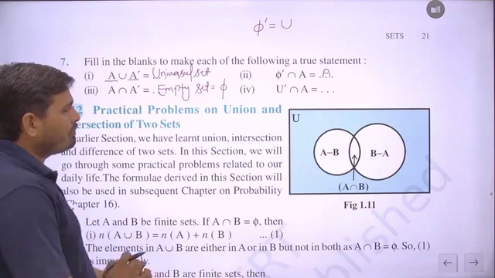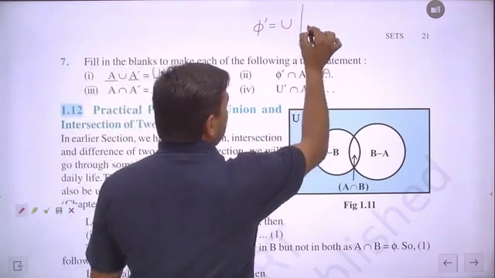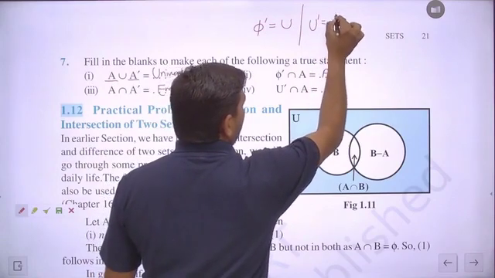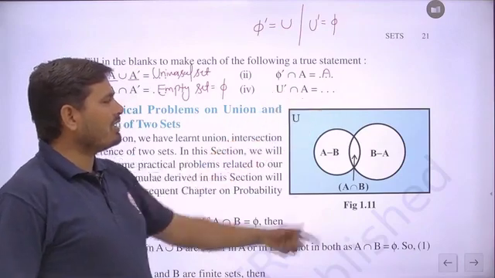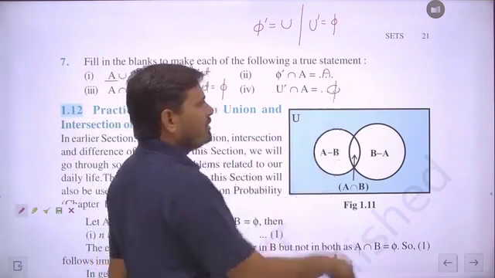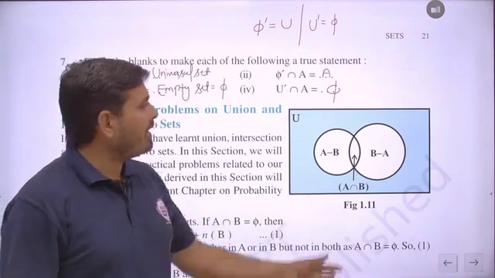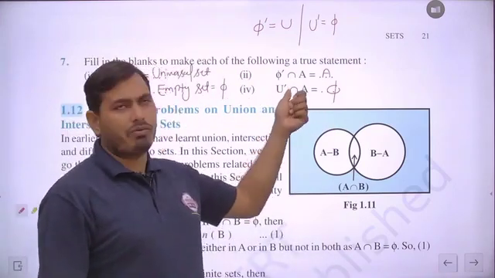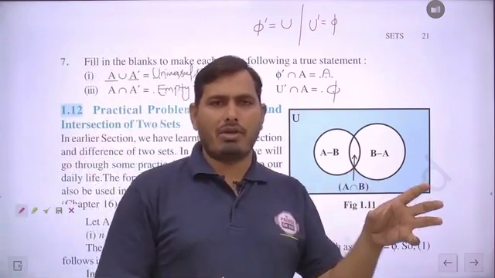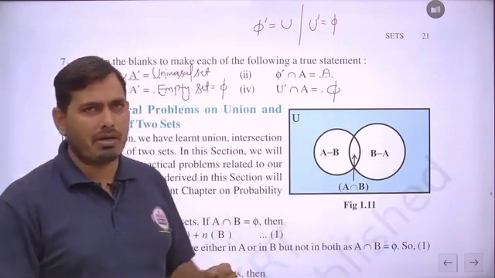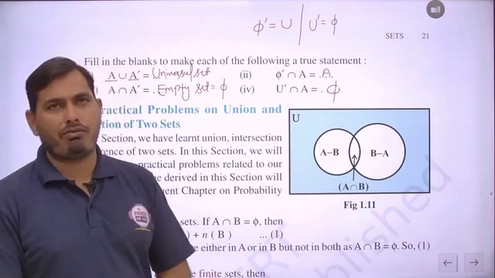Next, the fourth part we are taking is U dash intersection phi. So basically, what is U dash? U dash will be obtained as phi. I think you know very well. So this is phi, and phi intersection A. So the answer is again phi, because no element is available in the case of the empty set, and its intersection is to be taken with the A set. Then definitely, student, if one set is empty and another set contains some elements, then no element is found to be common. That's why the answer is phi. Is it clear?